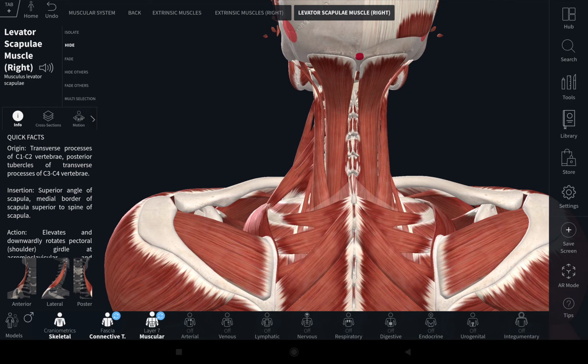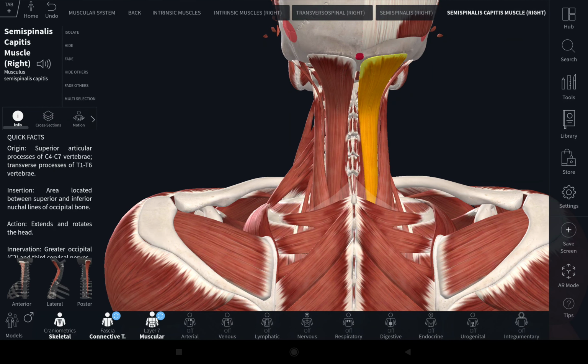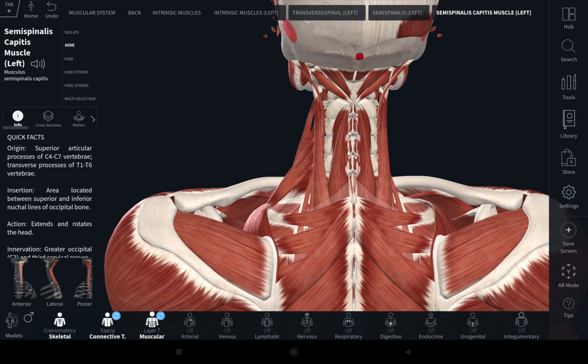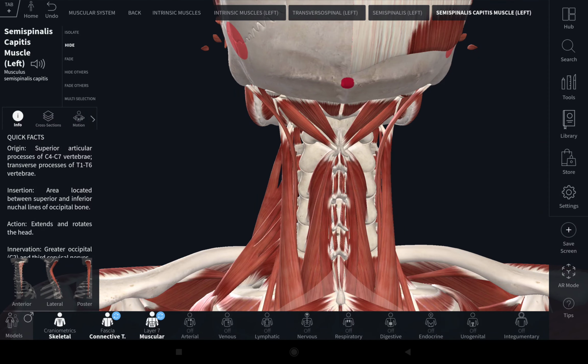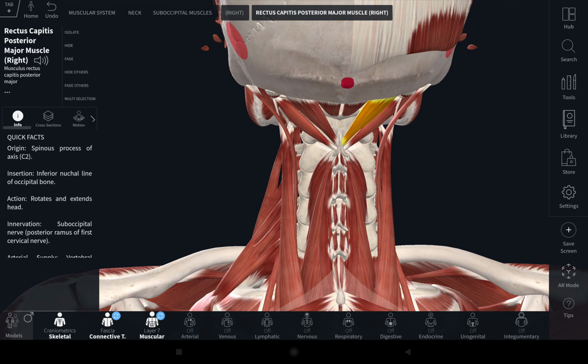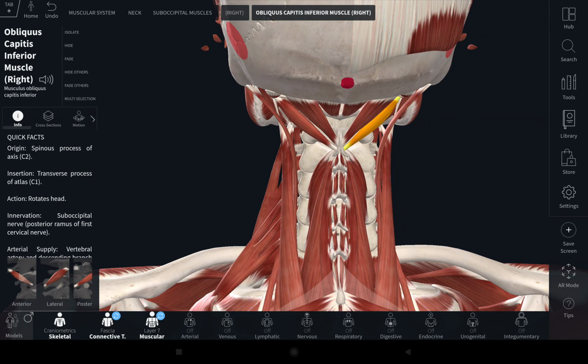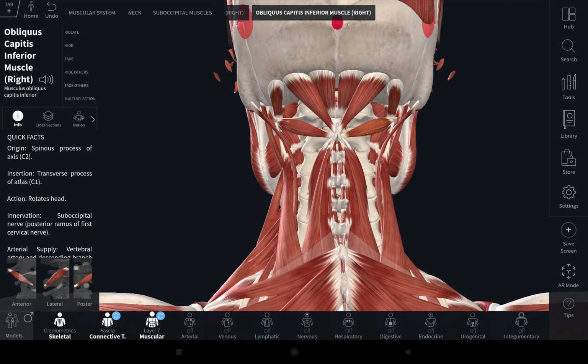We remove the semispinalis capitis muscle. Now the muscles exposed here are the rectus capitis posterior major muscle and obliquus capitis inferior muscle. See here,